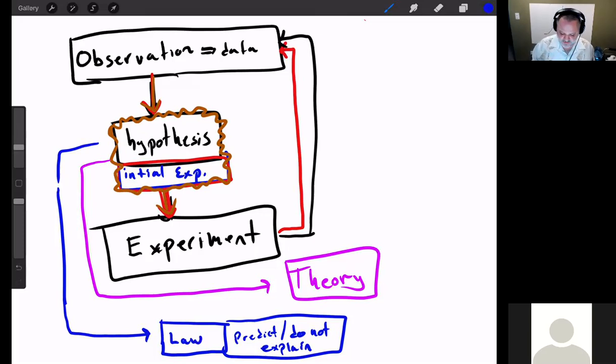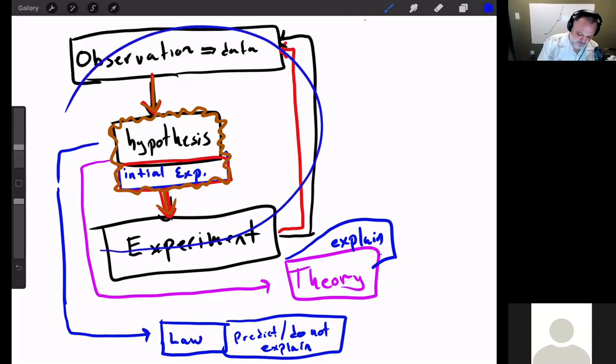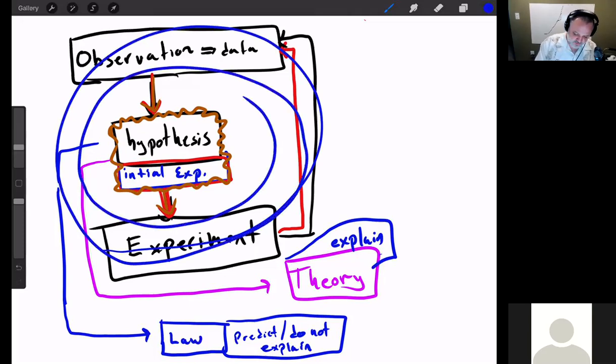Theories are the explanation. Theories explain. They can predict future events, but the bottom line behind a theory is that it provides an explanation. But at the end of the day, going back to this idea that we had before, well, that's just a theory. Well, remember, what do we need in order for it to be a theory? We needed it to go through this process, this iterative cycle of experimentation and observation. And when we develop a theory, it's an explanation that is consistent with all of our previous